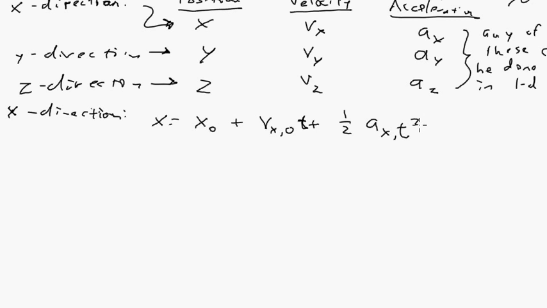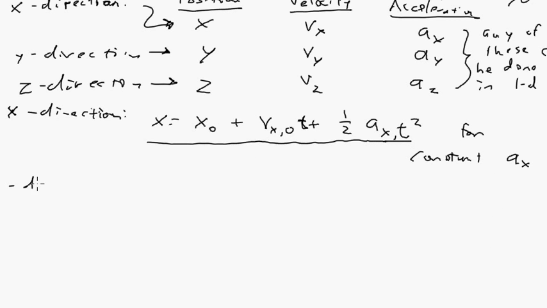Then we can apply that if we have constant a sub x. And then we can use that just like the ordinary one-dimensional equation, because it behaves just like one-dimensional motion. The y direction,